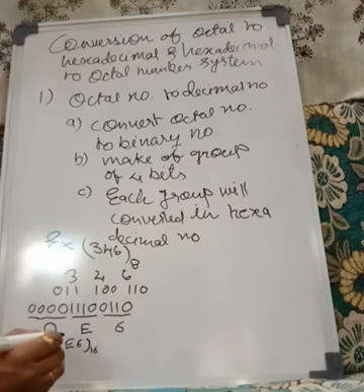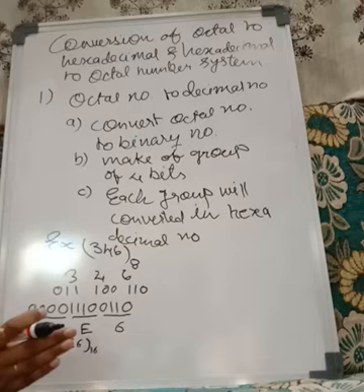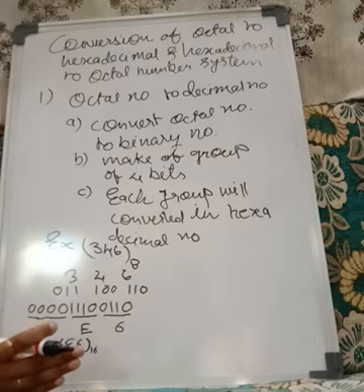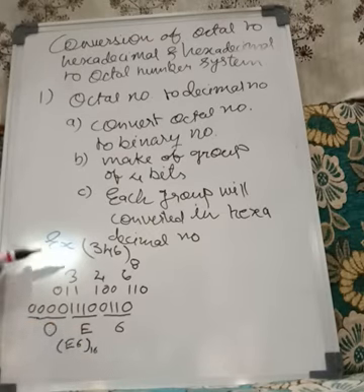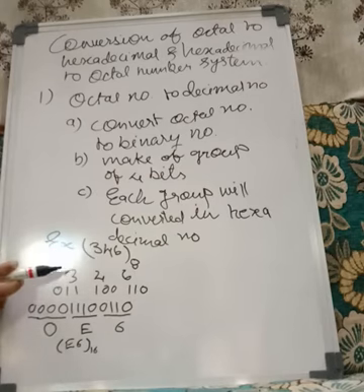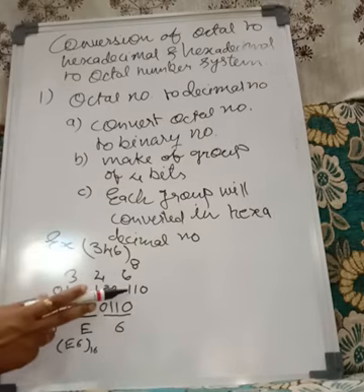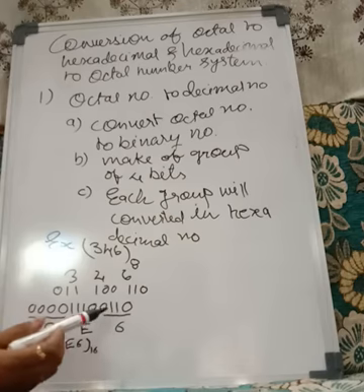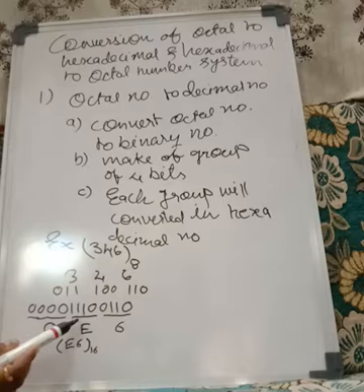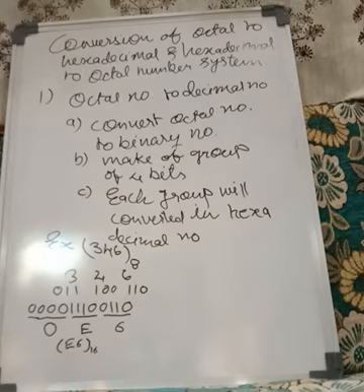Okay, so this is simply the conversion of octal number to hexadecimal number. What we have done? We have an octal number. Each digit we have converted into binary number, binary 3, binary 4, binary 6, and then we combined this number, and then we made a group of 4, and this group of 4 is then converted into hexadecimal number. So this is the way we can convert octal number into the hexadecimal number.